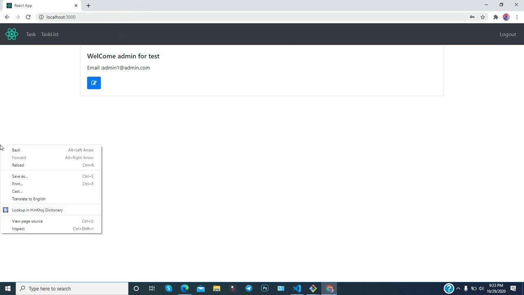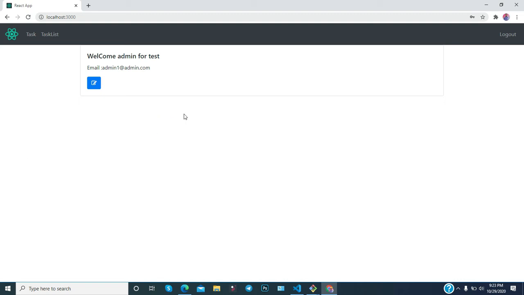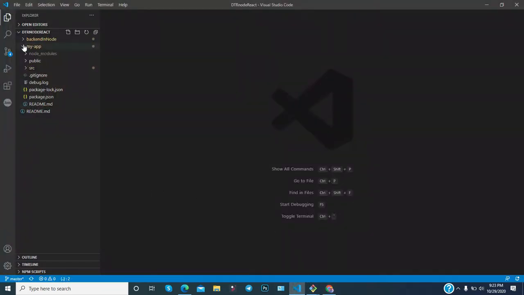So let's talk about it. Okay, so here I am going to the project, and this one is my app. My app has a front end, and the backend is in Node. This folder is for the backend, which is made in Node.js, and this is for the front end.